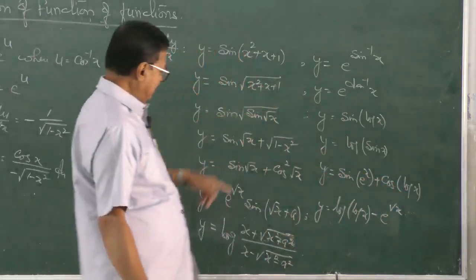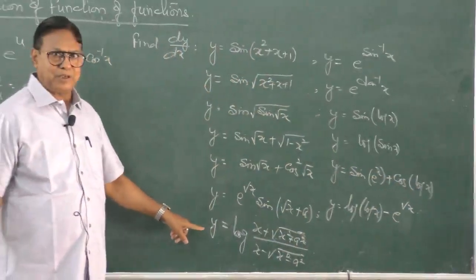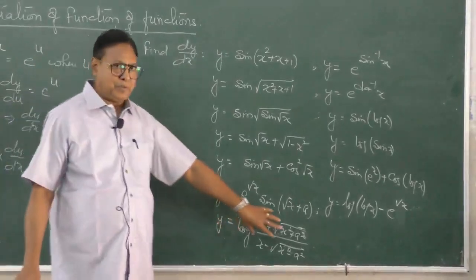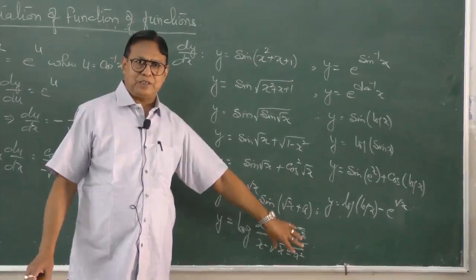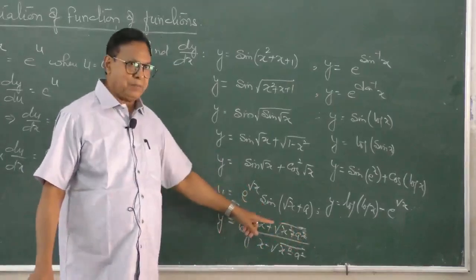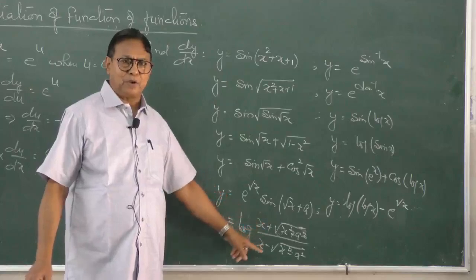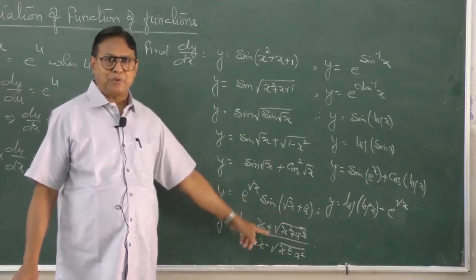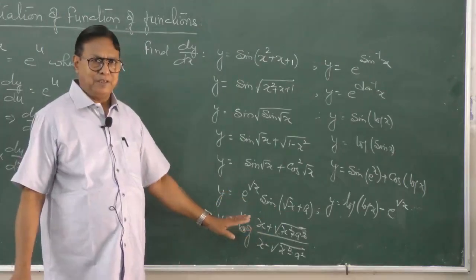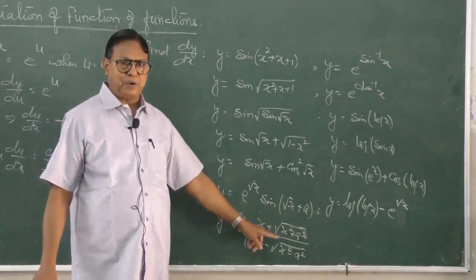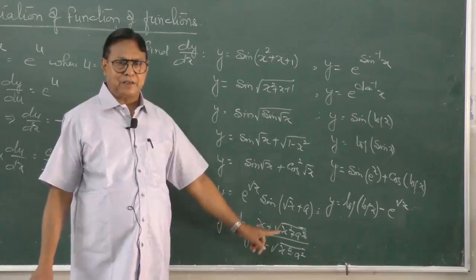So similarly this. Now this one I just give you a hint. Before you differentiate, otherwise u will be again numerator denominator. It is log m by n. So you can write log m minus log n, and it will be sum of 2 terms. Is it okay? So I repeat here, before you differentiate, you break it into the form log m minus log n, and then continue doing it.